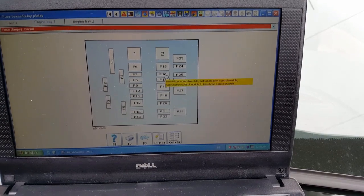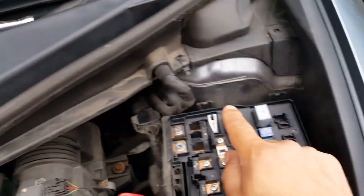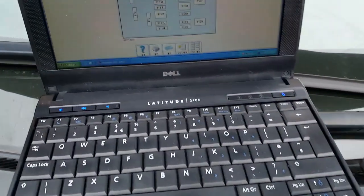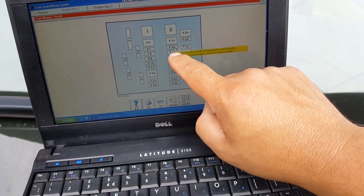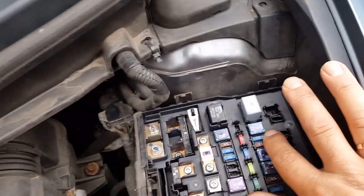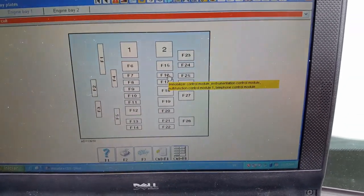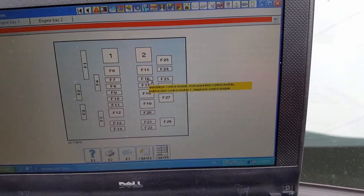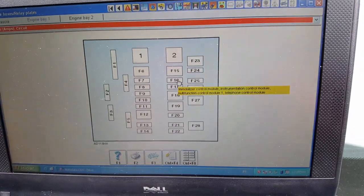F16, which is the one over there. So you have the two relays at the top, which is that one and that one. Then you have these two big relays, F6, F15, and you want the F16, which is that one over there, which is the one that we saw is draining. So that says to me immobilizer control module, instrumentation control module, multifunctions, telephone control module. Okay, so that's the modules